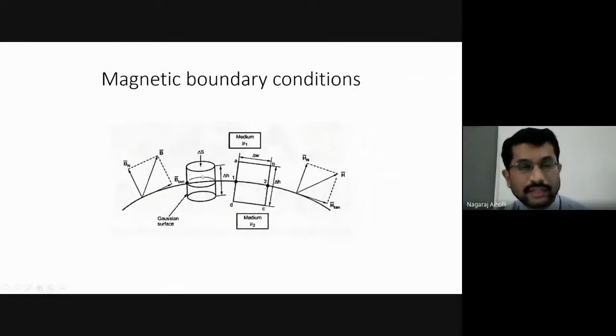Because here the upper portion of the right circular cylinder is in medium 1 with the permeability mu1. The lower portion of the right circular cylinder is in medium 2 with the permeability mu2. So delta H by 2 lies above the boundary and delta H by 2 of the right circular cylinder lies below the boundary. If so, then what will be the condition of delta H by 2 at the boundary? For what condition do we have to evaluate the integral?